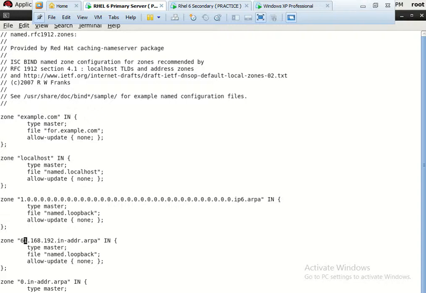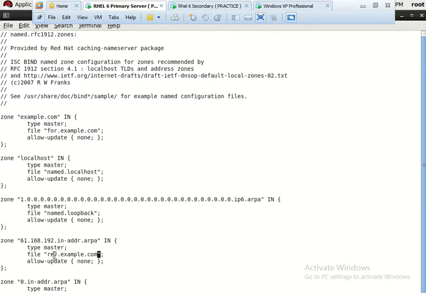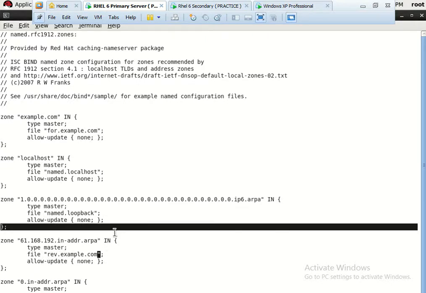The last octet means 62, but we are not going to use it here. And in this section we will use the file name like this. So for reverse name resolution, this file will consult this part and will call the file reverse.example.com.